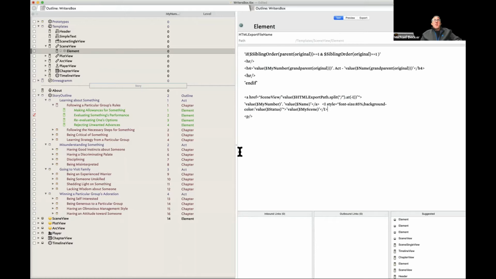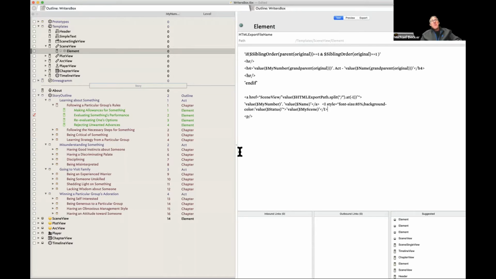Right, and just so we can explain to people again, what you're essentially doing is using what in Tinderbox language is called export code, which is essentially the language that Tinderbox uses for creating templates. And export code can go in templates as well as inline within your text. And again, if you look at the Tinderbox ATB ref file, you can see all of the instructions and explanations on how to do this.